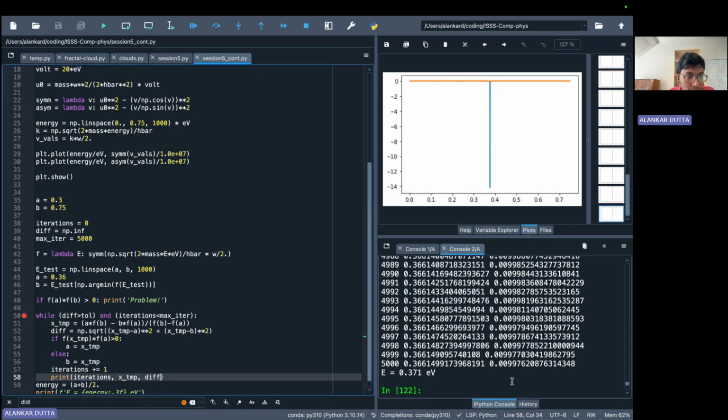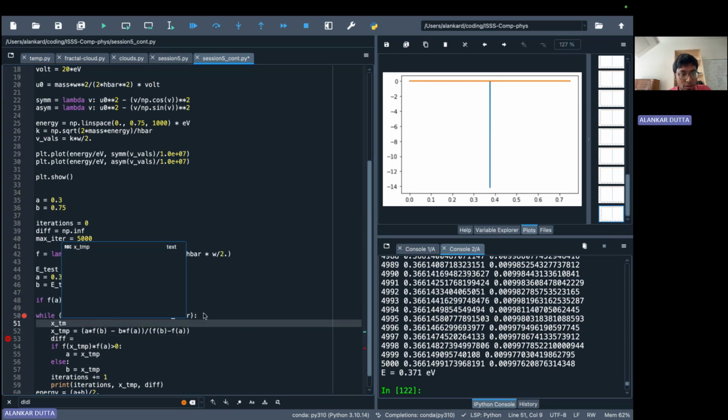Okay, so A and B's are not changing or what? Okay, so I think this is wrong because XTMP previously and now is changing. So yeah,